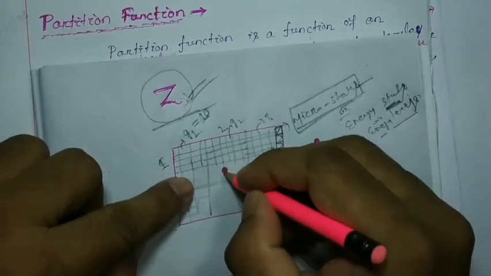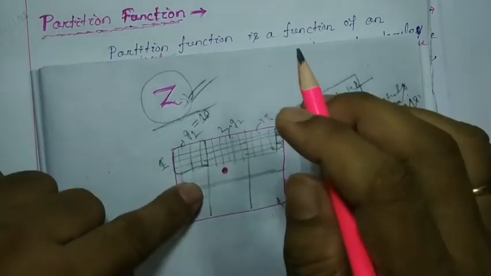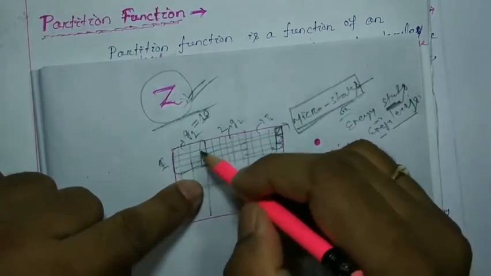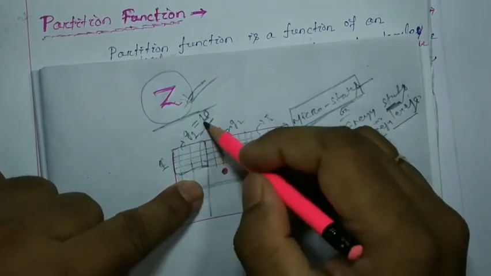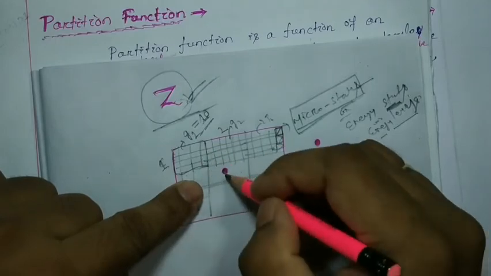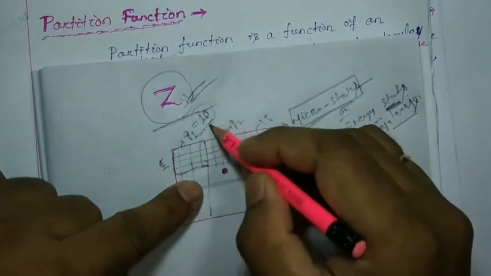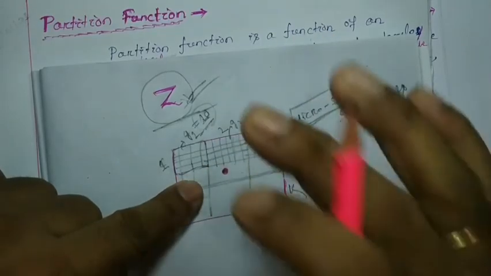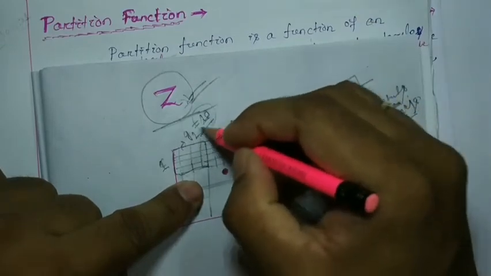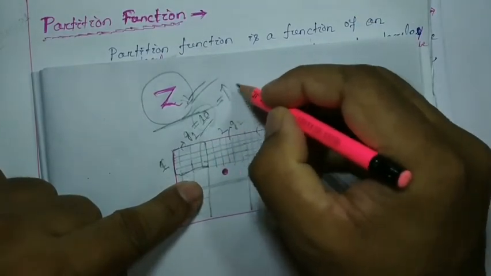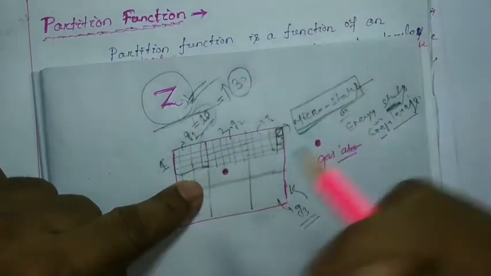What will be the distribution of this one for this compartment? You just imagine. Okay, so this compartment 1 having 10 cells initially, or 10 energy states initially, and this particle is going to be distributed among these 10 cells. Now suppose this G1 increased to 30, the distribution will be different.